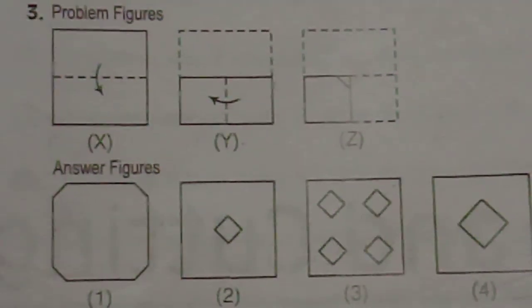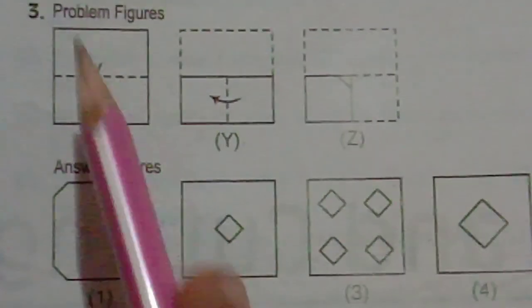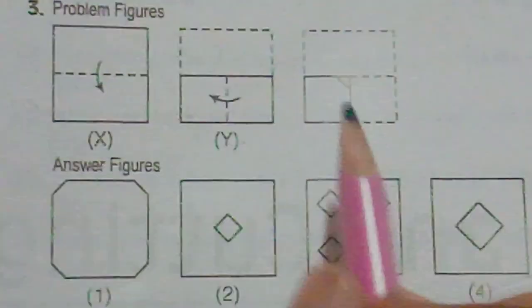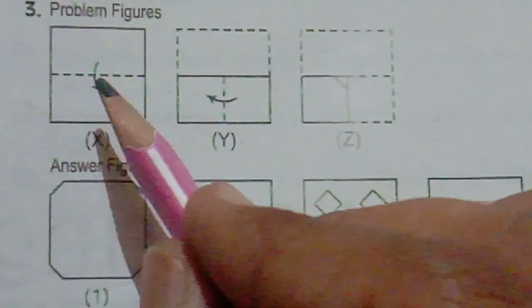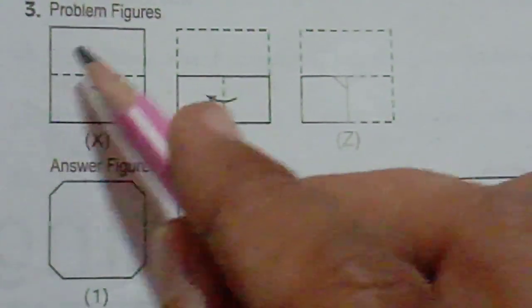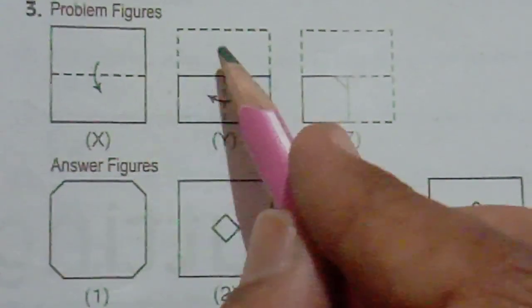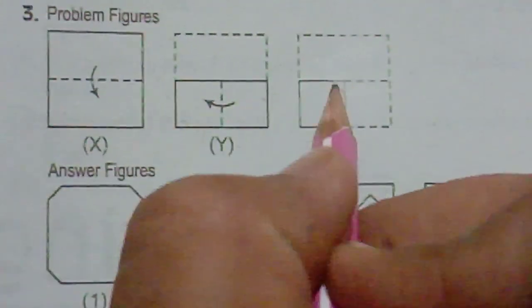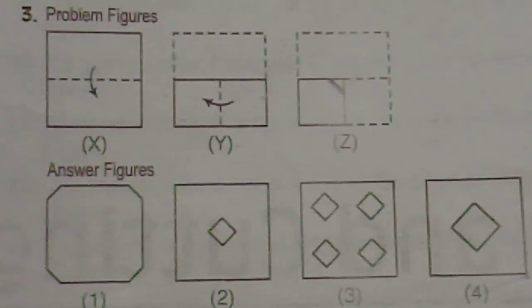Students, let's see here one more example regarding this paper cutting and folding. See here, this one is the first folding, here second folding. Already I told you, first we have to observe how many folds are there. If only one fold is there, it means only a single mirror image. If 2 folds are there, first this mirror image, after that second mirror image. So here, after the third folding they have made a line here. You can see this one. So what will be the answer?